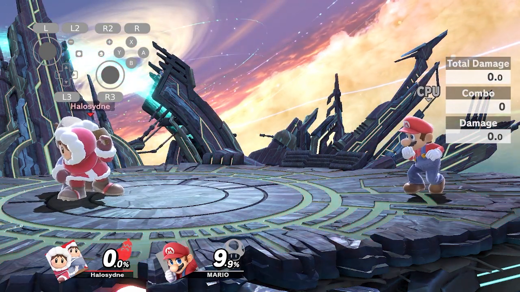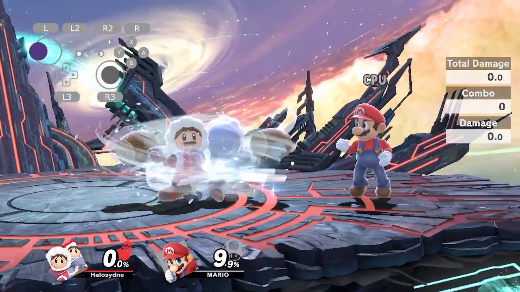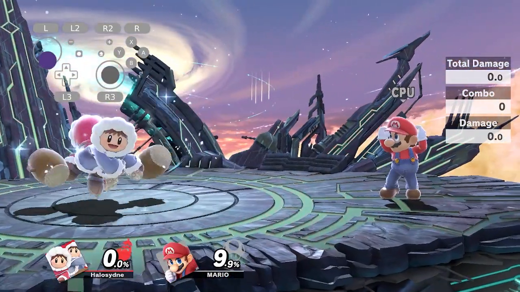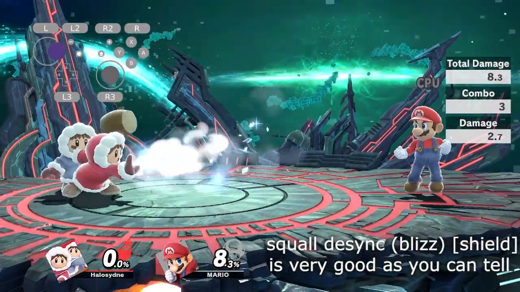Essentially, what you're trying to do is create space and then throw out blizz with Nana, and then you're shielding with Popo. This means that you can set up a bunch of different things from it. You can set up like a blizz. I'm just going to show you. You can set up blizzwall,